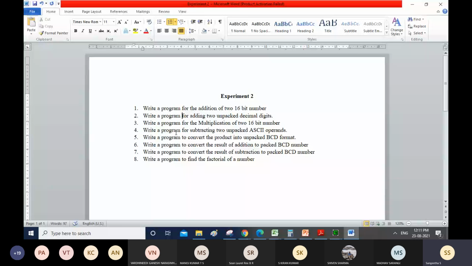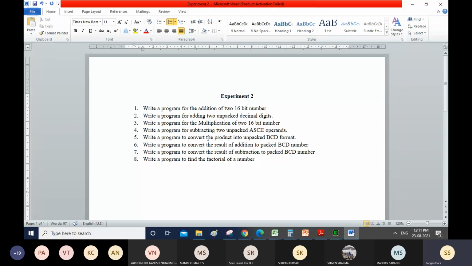Whenever you get an unpacked format, previously for addition you had the AAA instruction. For multiplication it is AAM, that is ASCII adjust after multiplication. For unpacked subtraction, you have to use AAS. So you can use those instructions for these programs.